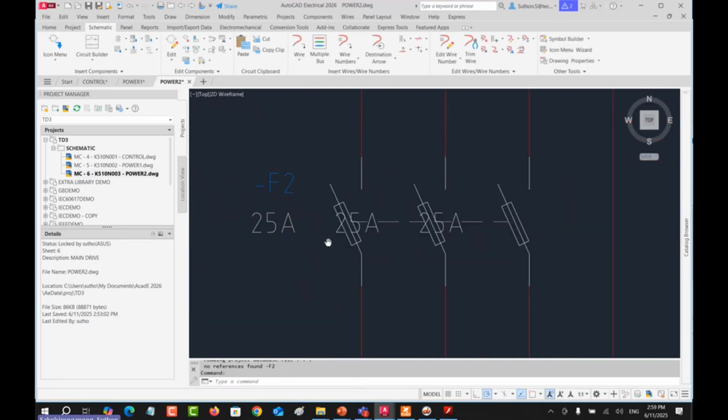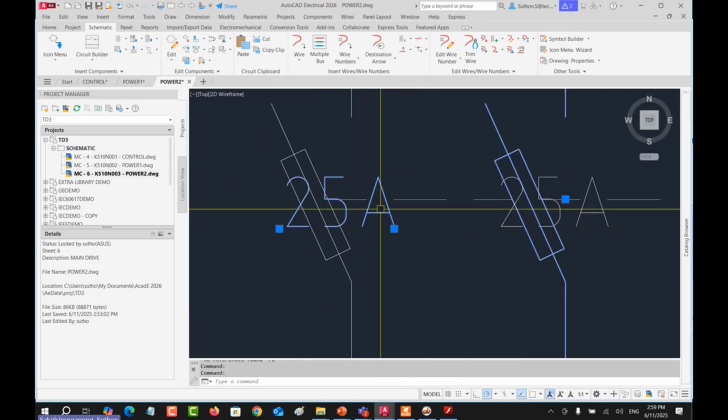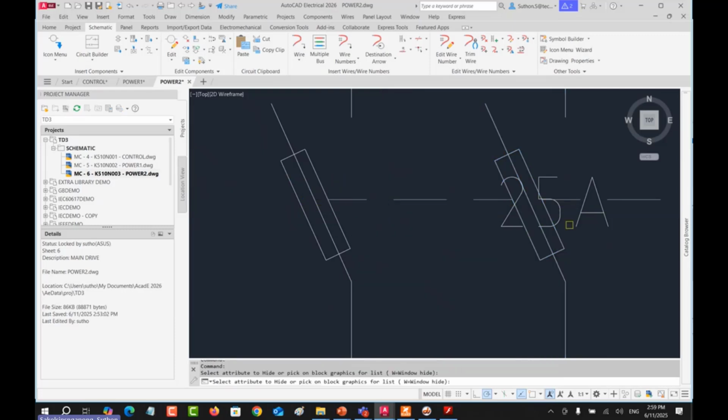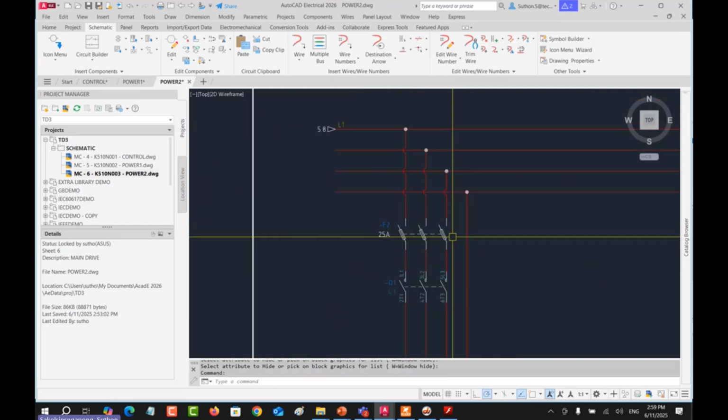And you can see that once I assign just the first phase, the second and the third phase are automatically assigned by the system. And if you want to see the 25 amp here, you can right click and use the attribute, show attribute, and click here and here. Easy like this, right?